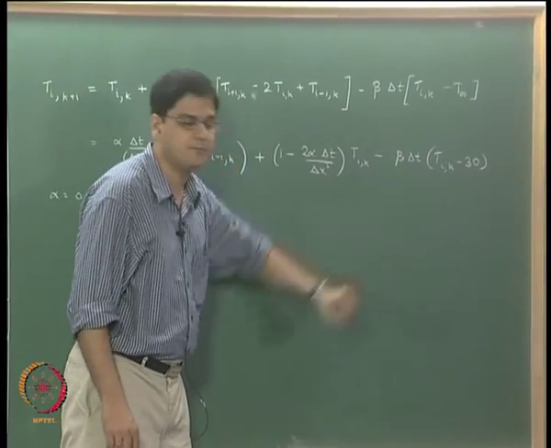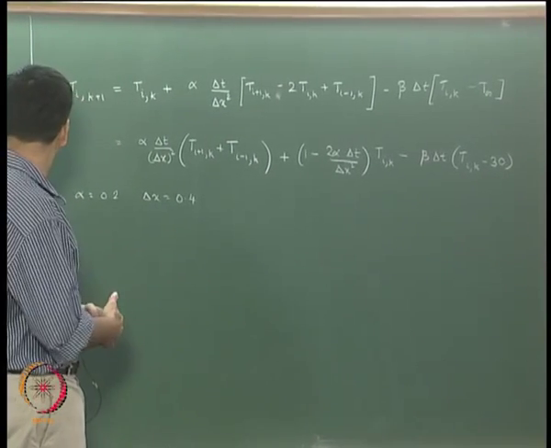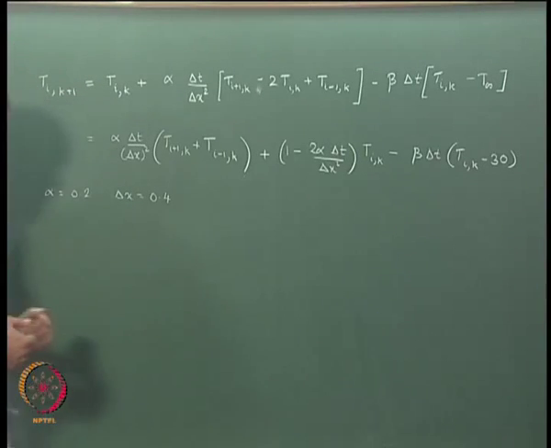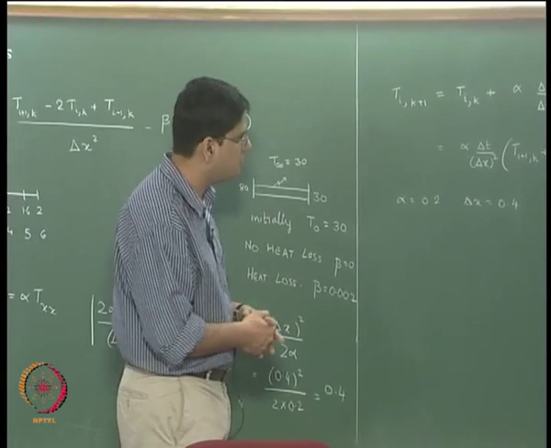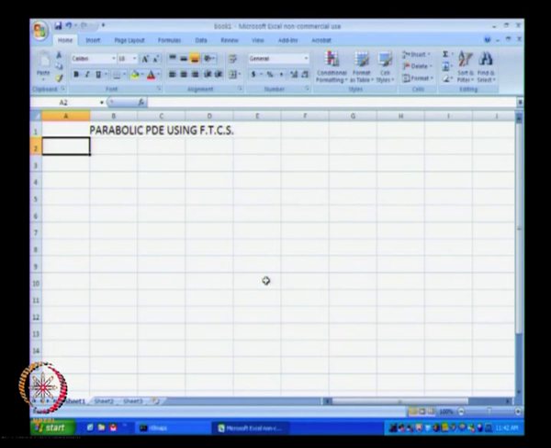So, that is the first part we are going to do, and in the second part we will change the value of beta from 0 and take a more realistic value, and that value is going to be beta equal to 0.002 as we have written down over here. So, these are the three parts, the problem that we will solve in 3 parts using Microsoft Excel. So, now we are going to solve parabolic PDEs using the forward in time, central in space method.